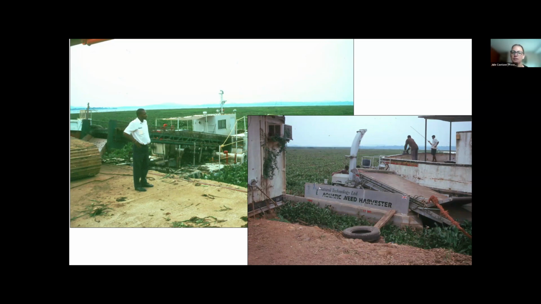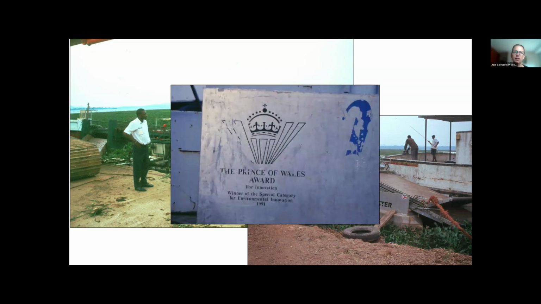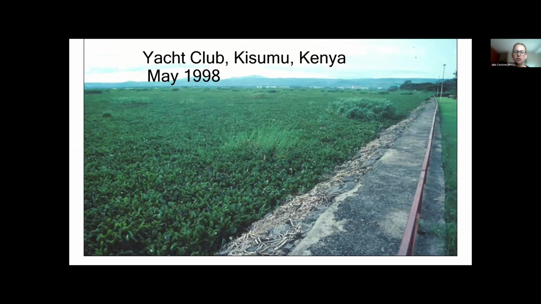Here you can see a Natural Technology Limited aquatic weed harvester, and there's a little British flag on it. This was awarded the Prince of Wales Award for Innovation in 1991. If we went back to that yacht club in 1998, 2 years after the deployment, not much has changed. That is still a sea of water hyacinth.